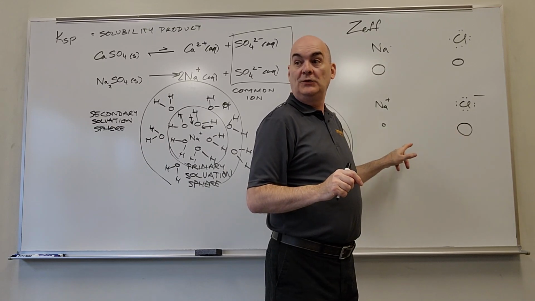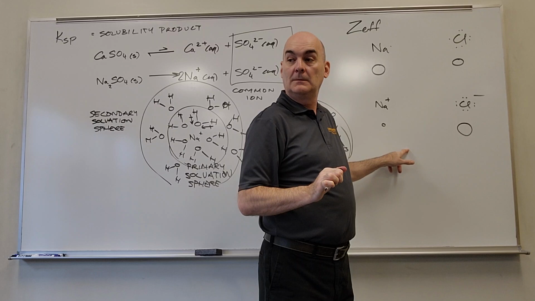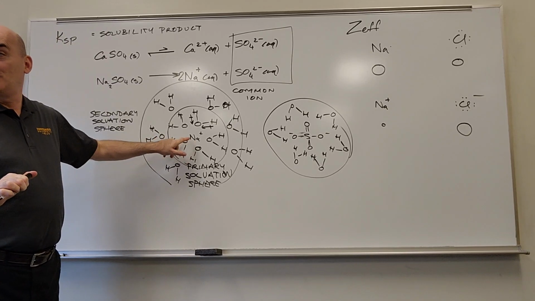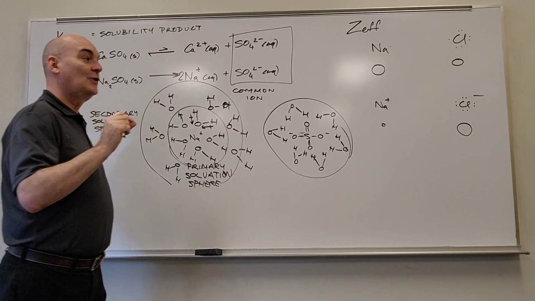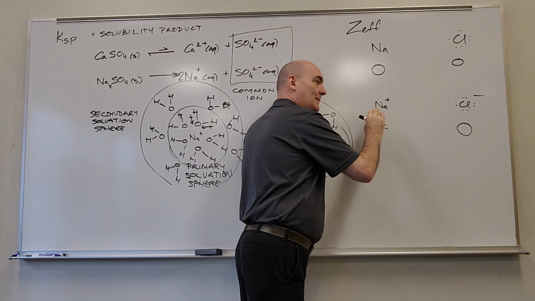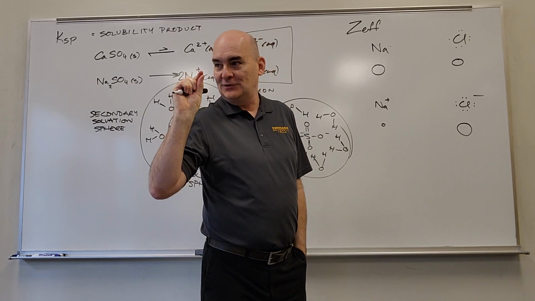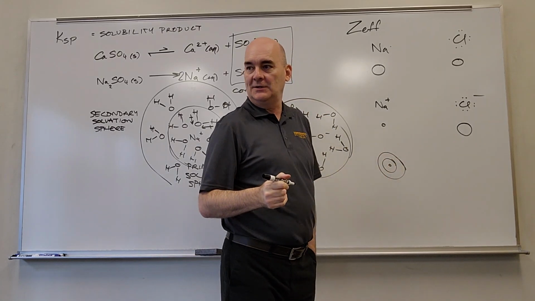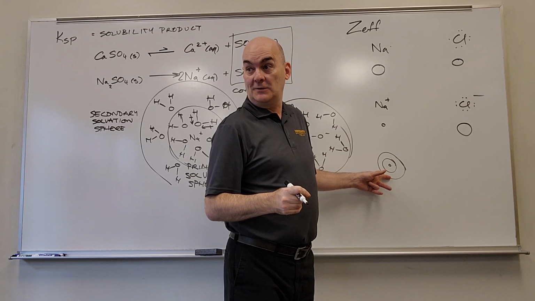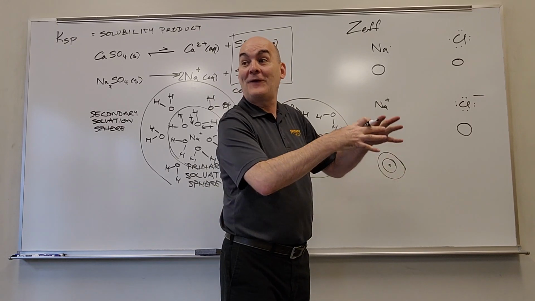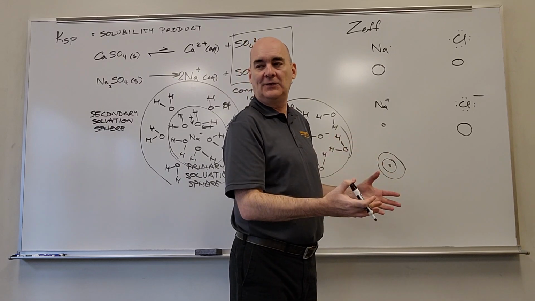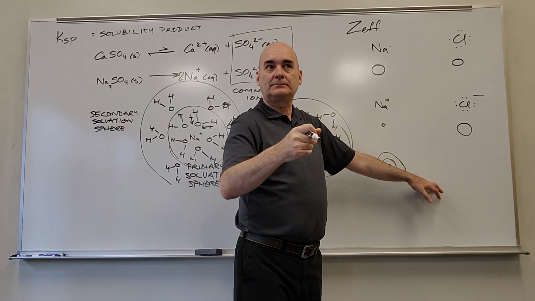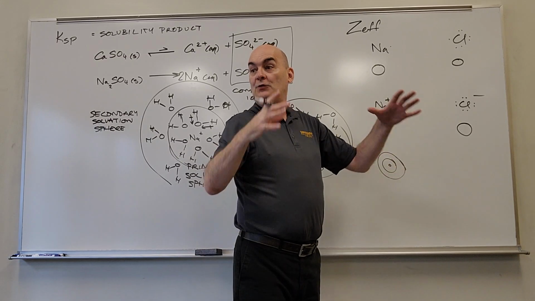Now when you get to be really, really tiny, you gather more of a crowd. So the size of a naked sodium, the textbook will tell you, is this small. But when you surround it with its primary and its secondary sphere, it might be effectively bigger in solution, not really bigger, but effectively bigger than other ions that on the table of ionic radius are actually larger than it. Great big ions